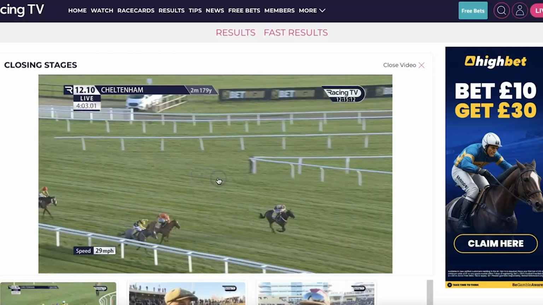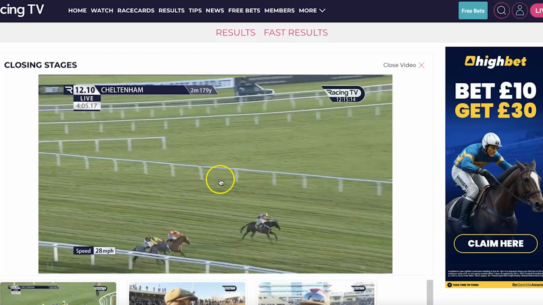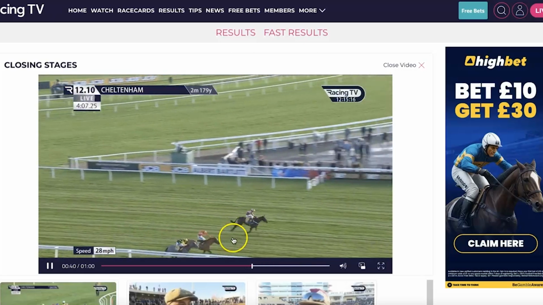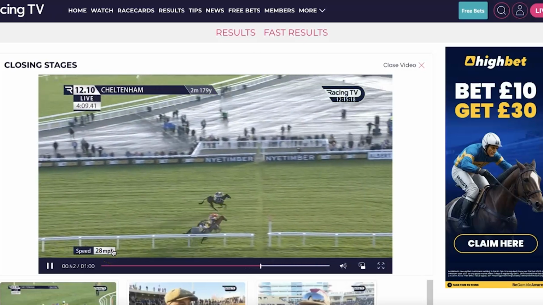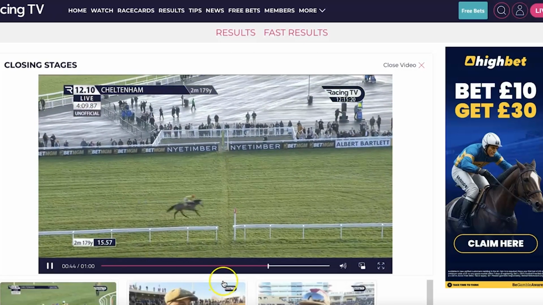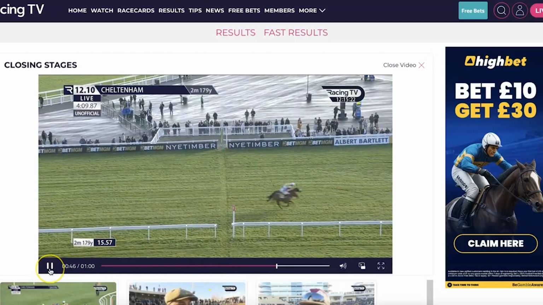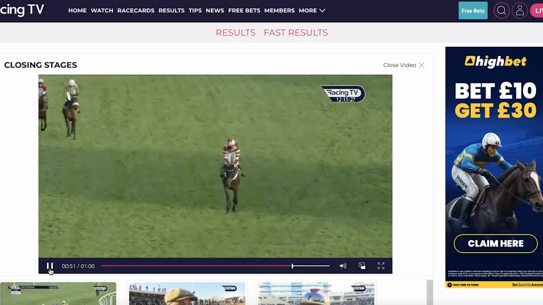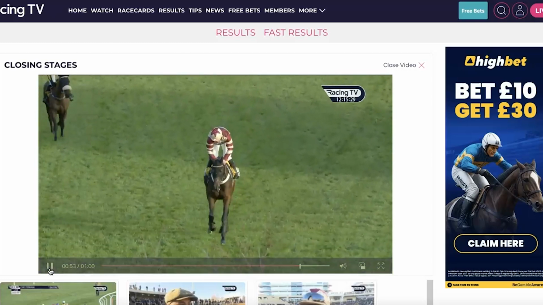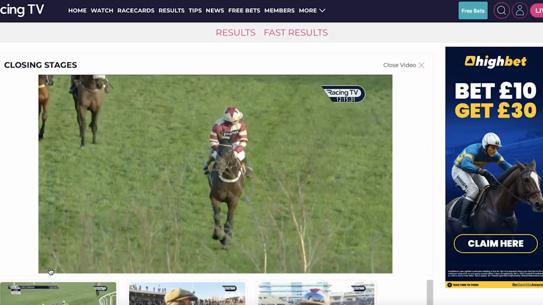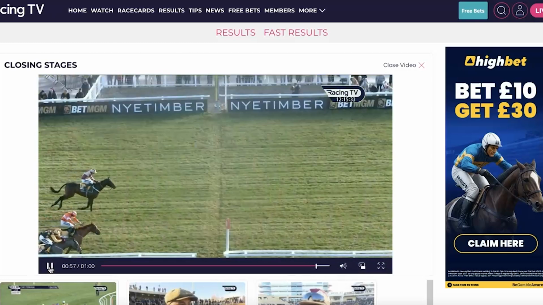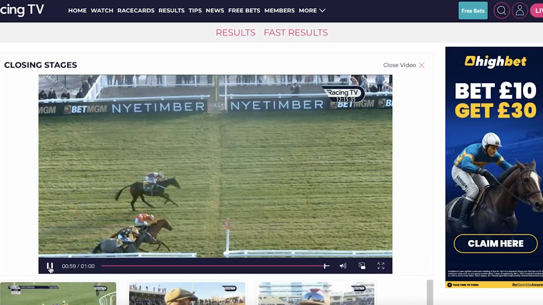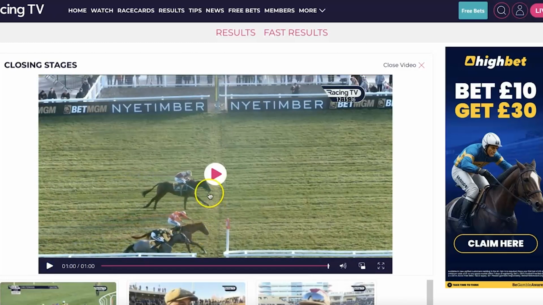So I'm just going to play you the final stages here. So you got Quantock Hills here and Terra Firma in the orange, and they both hit the line together. Obviously a photo finish was called after this particular race, and nothing could separate them on the evidence of the photo. That obviously led to a dead heat in this particular instance. You can see just how close they are just to the naked eye there, and obviously nothing could split them